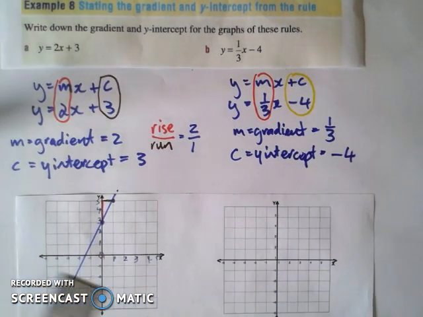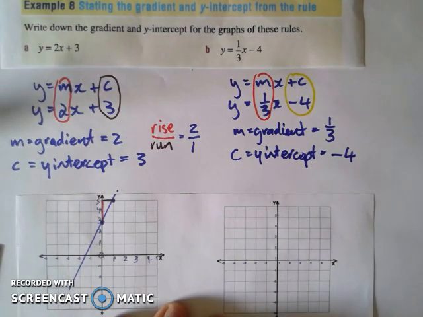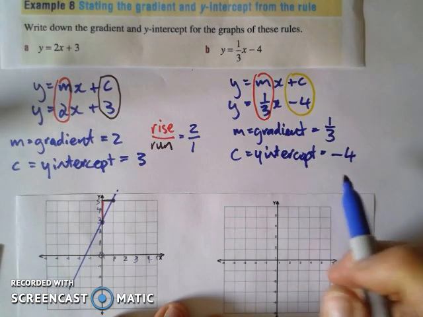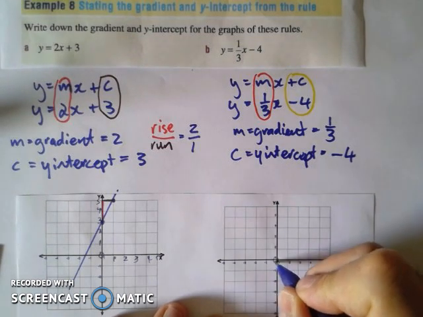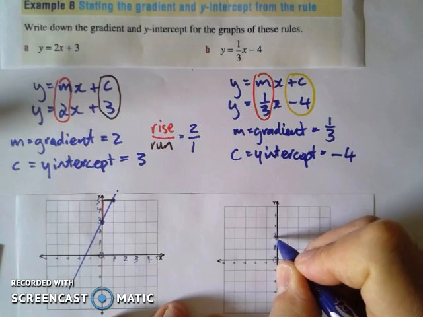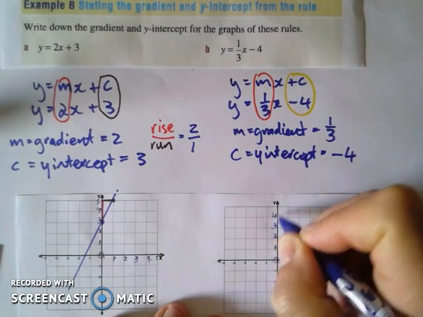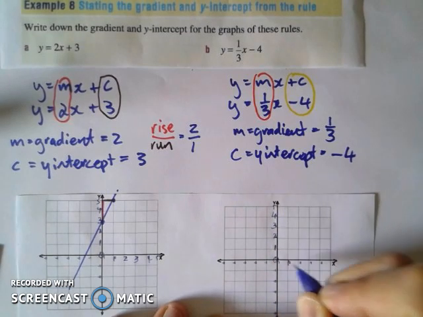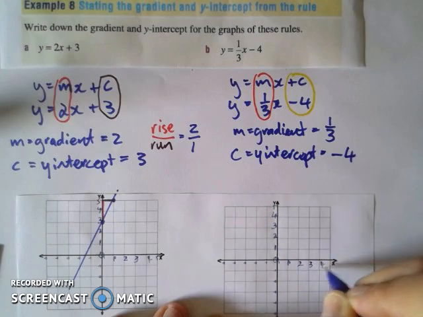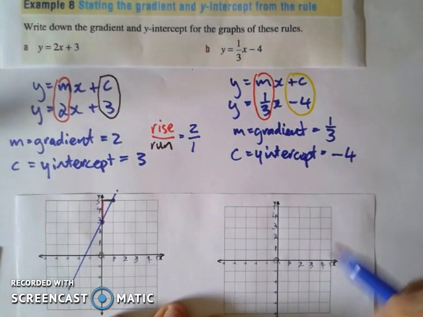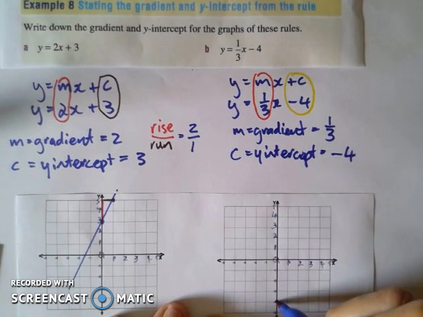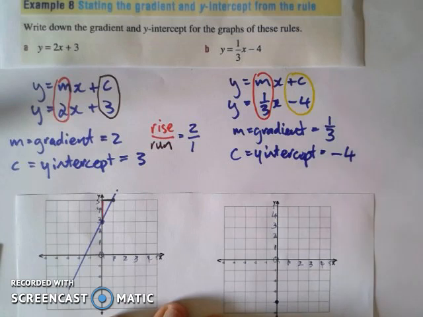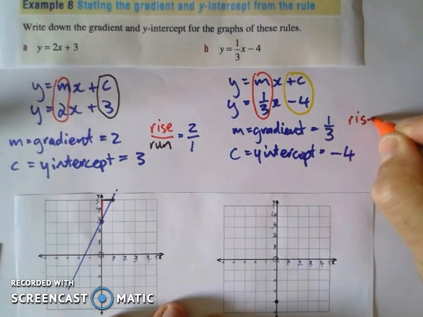How do I draw that graph? I am going to my y-intercept. My y-intercept is -4. So I'm going to fix this dodgy graph. 1, 2, 3, 4, 5. I'm going to go to -4. There's y is -4. Now remember, this is my rise over my run,